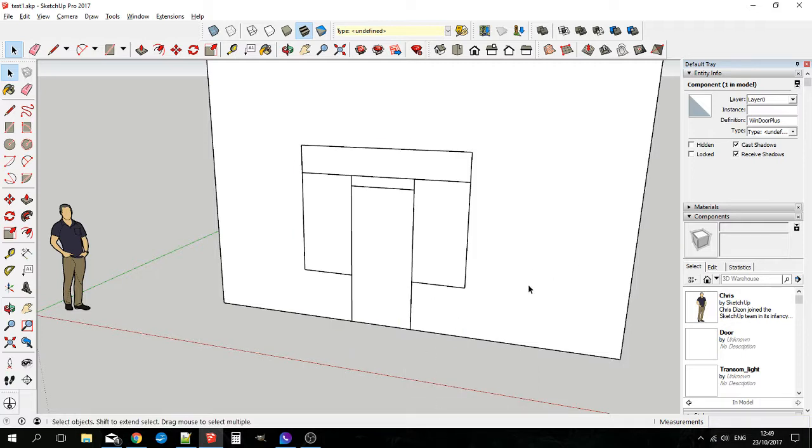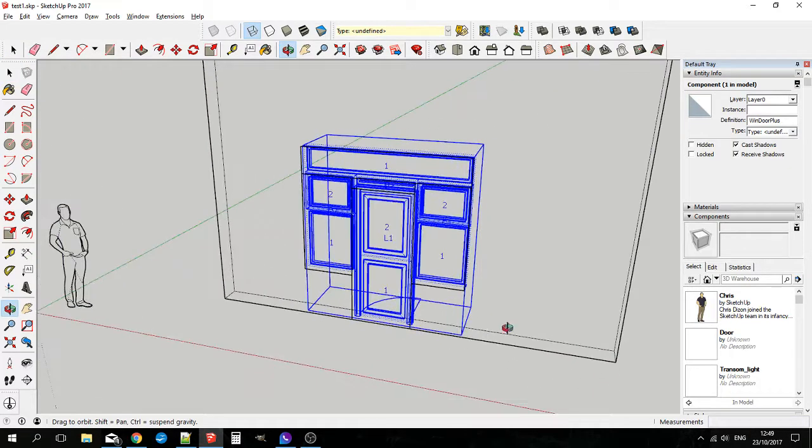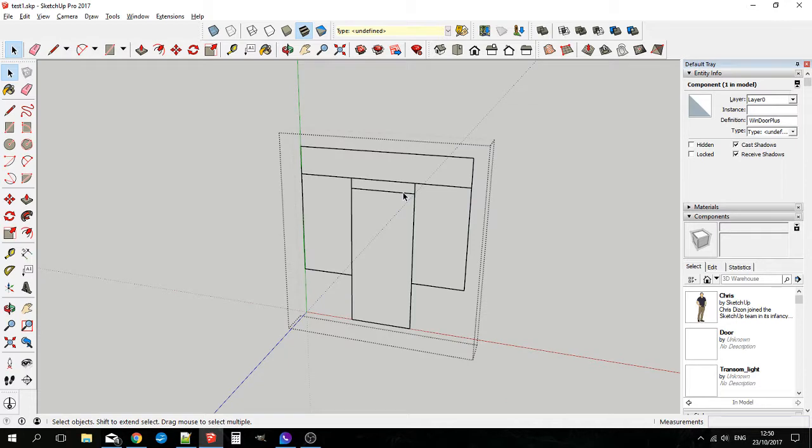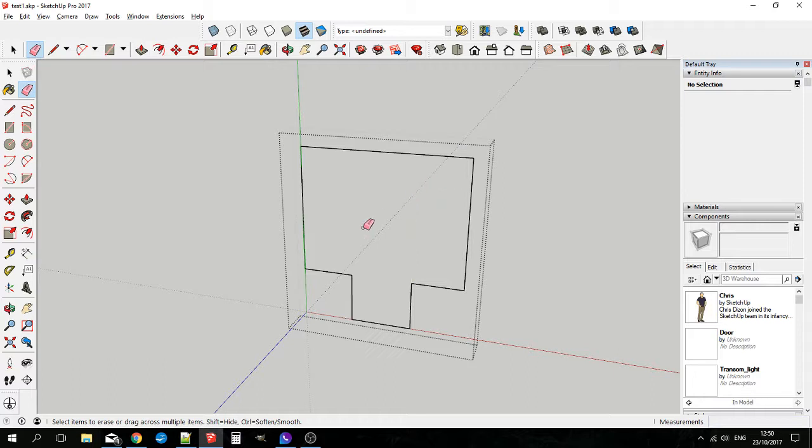Looks as if it's disappeared. It hasn't. If I make it X-ray vision, you can see it's still there. So let's get rid of the X-ray vision. But you have the outlines of the windows and doors drawn on the face of the wall. And that's also in a group. So if I click into that group, I can now start deleting these lines that I don't need and draw a diagonal just to make it into a face. Didn't quite become a face there.